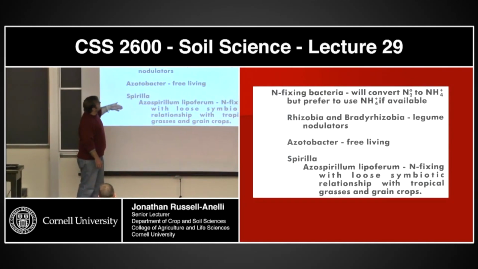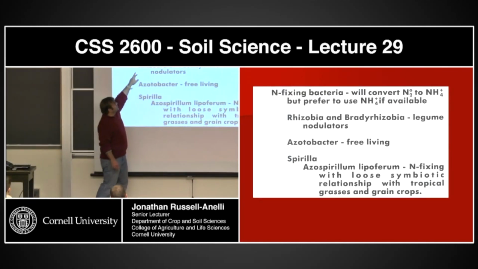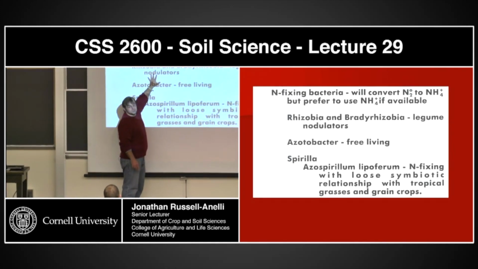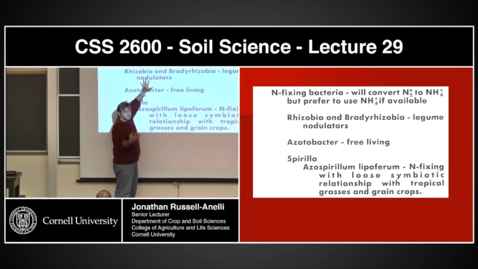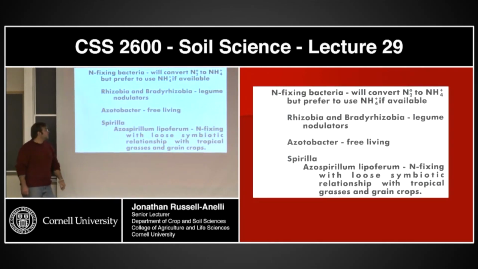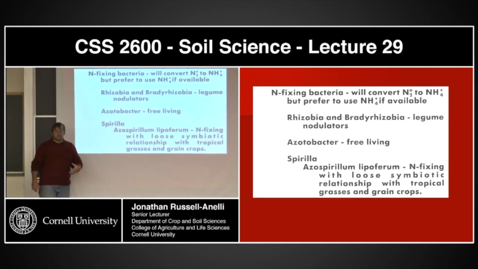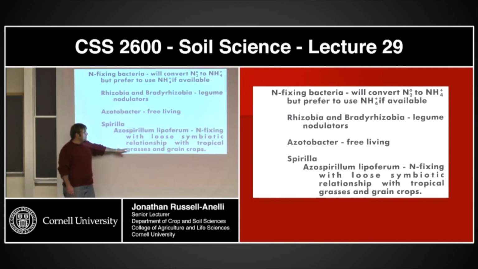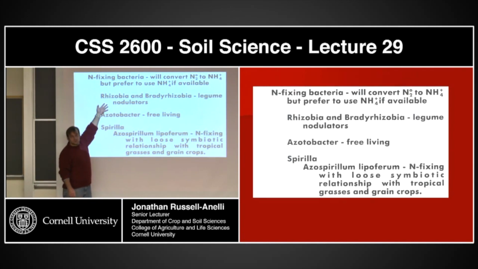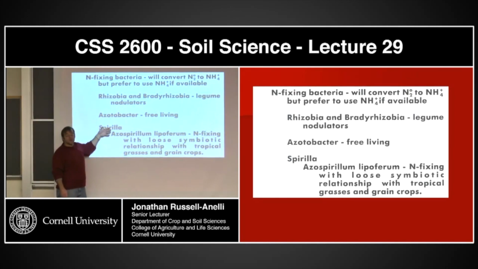There's a whole group of different nitrogen-fixing bacteria, the rhizobia and the bradyrhizobia. Basically, these are the leguminous organisms that create those nodules in the legumes. There's Azotobacter, which are basically free-living, and there's Azospirillum. These are nitrogen fixers as well, and they have basically loose symbiotic relationships with some tropical crops, grasses, and grains. Most of what we talk about around here are the rhizobium species, but there are a lot of other